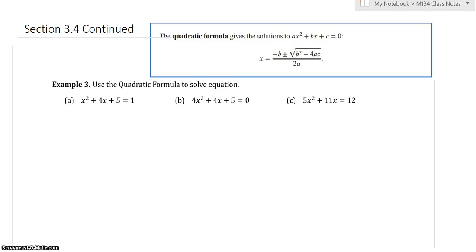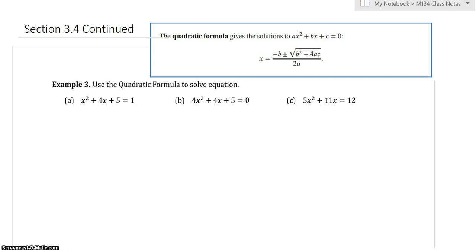Hello again. In this video, we're going to continue with section 3.4. And we're going to start with example 3, and it says use the quadratic formula to solve the equation. So above example 3, I added here the actual quadratic formula from the book, the box in the book. And here's the formula. What's great about the quadratic formula is it's an easy way to solve quadratic equations by